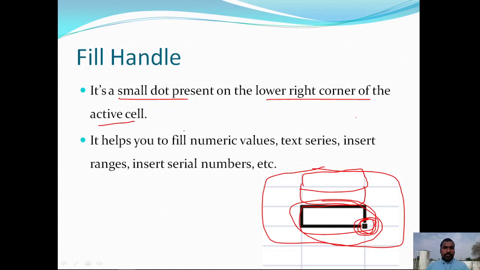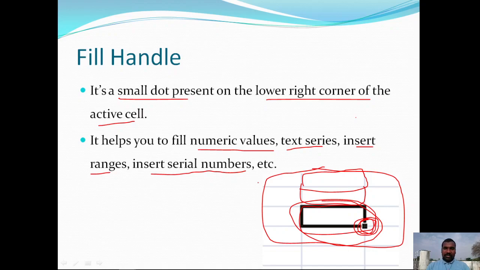It helps you to fill numerical values, text series, insert range, insert serial numbers, etc. So that is very useful to fill a numerical sequence, or to copy the content of a number or text series.